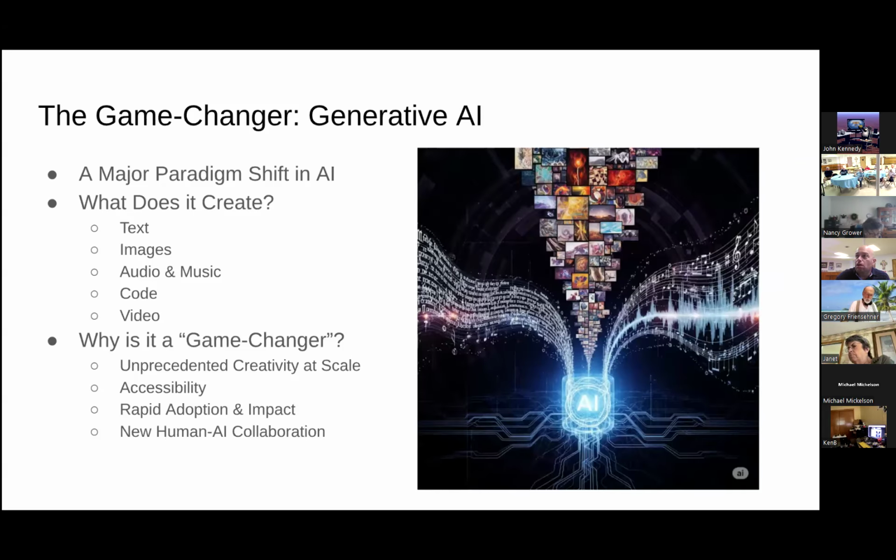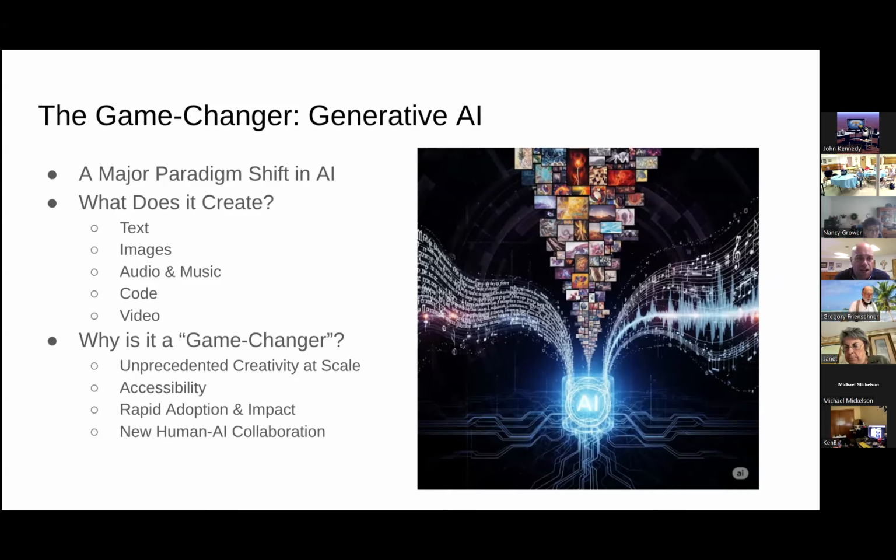So what's the game changer? Generative AI. I think the last time I did an AI presentation was actually pretty shortly after ChatGPT came out. It was still very new to us. We brought up the chat interface in our meeting at that time, and we asked it how much wood could a woodchuck chuck if a woodchuck could chuck wood, and it gave us an approximate answer based on the woodchuck size and everything. But for those that weren't on the last meeting or haven't ever heard of generative AI, what is it?